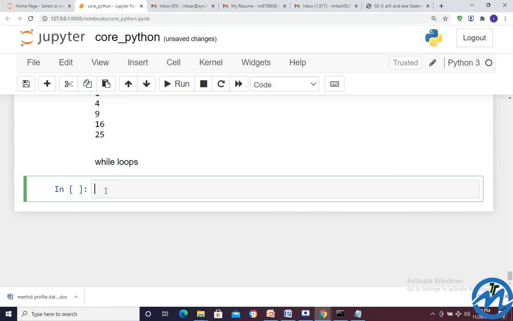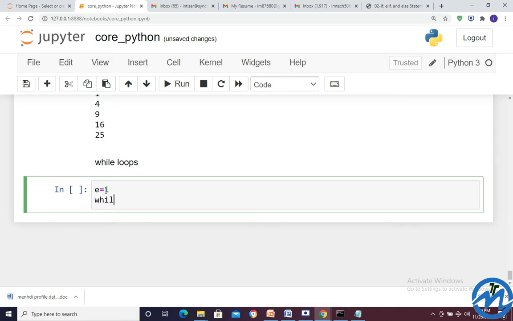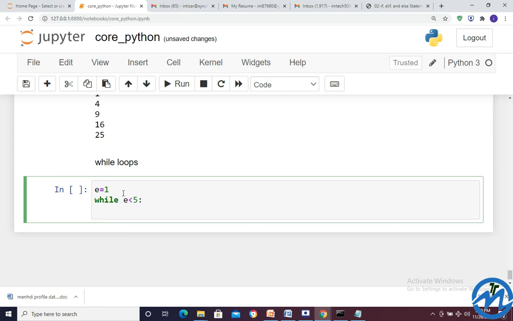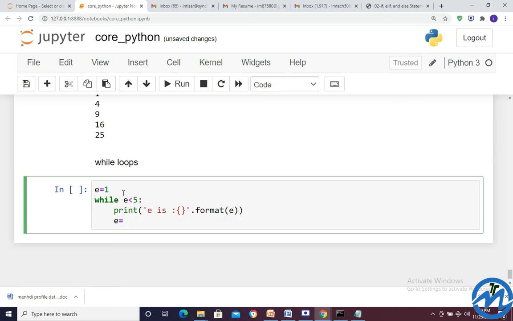So suppose I'm writing E is equal to 1, element is equal to 1, while E less than 5, and then print of what I wanted to print, E is, and then format of E, and then E is equal to E plus 1.